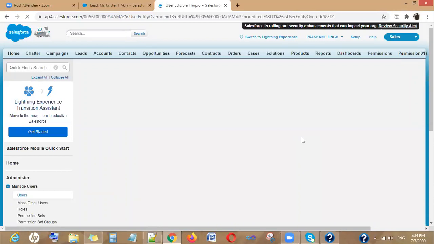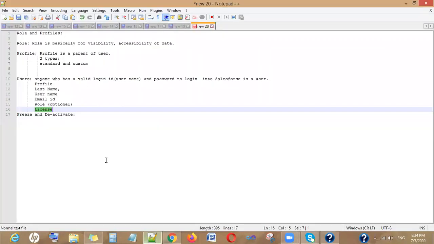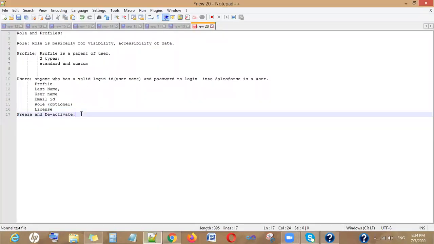That particular license can be used for some other user. So this is all about what we have talked about: role, profile, user, freeze and deactivate.